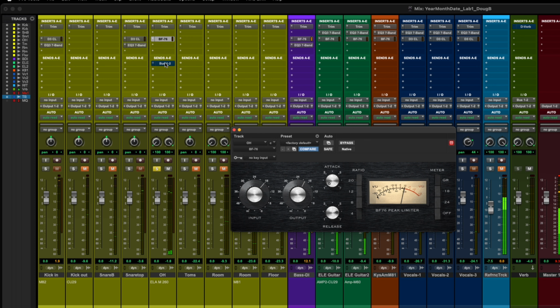And then I sent them via bus 1 and 2 to a reverb to kind of give them a little bit more. Because if you listen to them on the reference track,